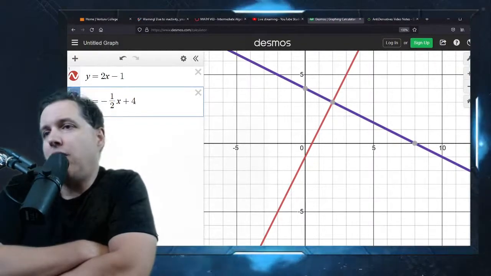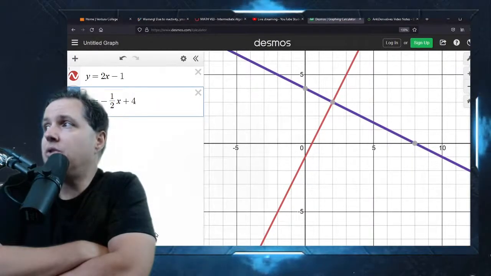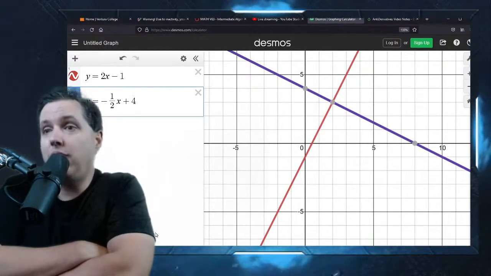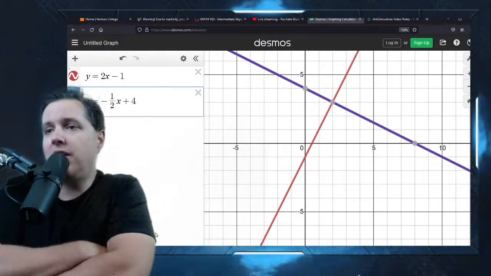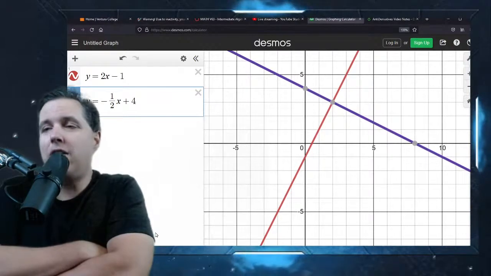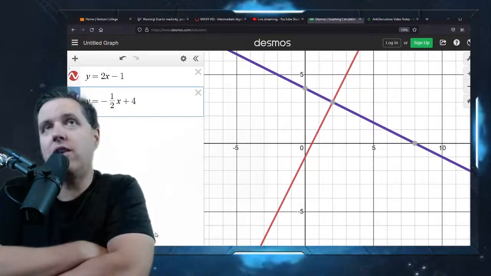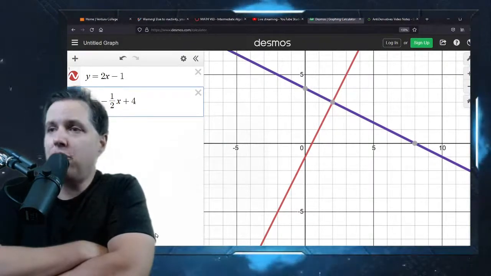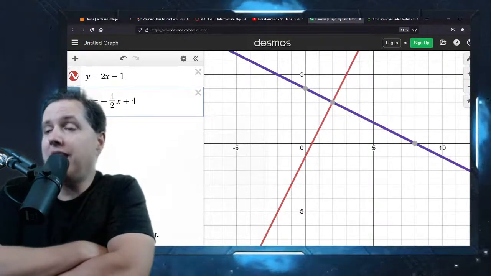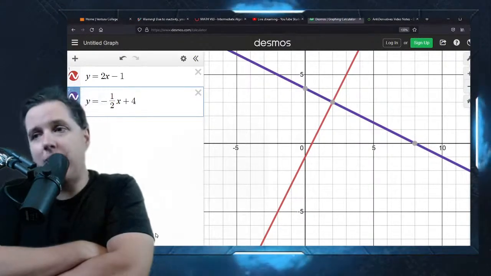So that's why we start off with the graphical method for systems of equations, because most of the time students can understand it pretty well. It's conceptually easy to understand. Unfortunately, we don't usually use it that often because it's not good with messy systems of equations. I'll give you an example of that in just a moment. But this graphical method helps you understand what's taking place. And then once you do that, we get into the algebraic methods.